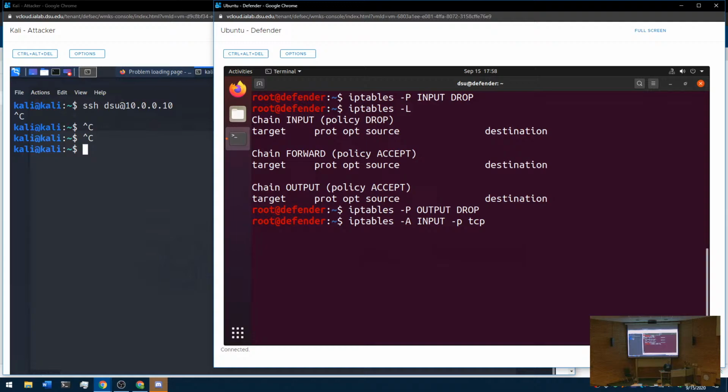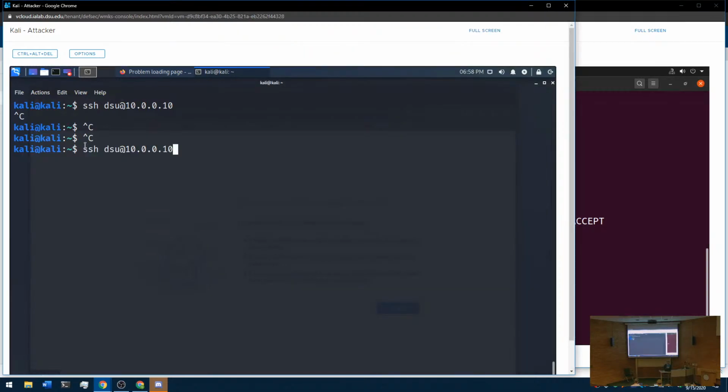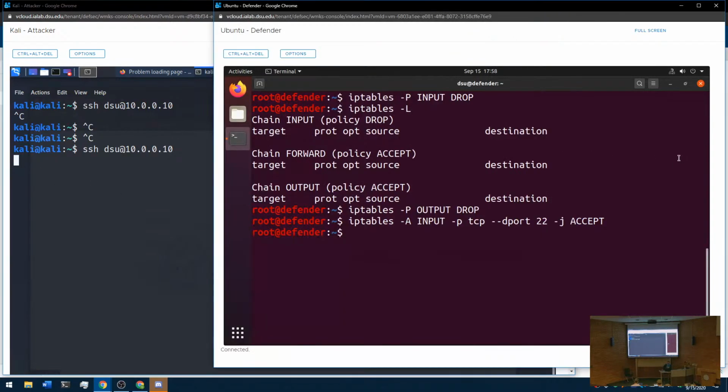TCP, since SSH talks on TCP, we want the destination port, D port, to be 22, and then we just want to allow that traffic. So add to the input rule for protocol TCP, port 22, we're going to accept that. So you run that. Now, it's still not going to work because